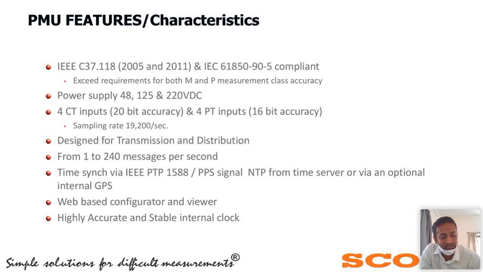But in future, at 60 frames per second, what happens is that in between you miss some fraction of microseconds or nanoseconds of data. Suppose one sample is at 1 second and another sample is at 2 seconds, the samples between 1 and 2 seconds are missing. In that fraction of a second there may be a spike in the wave that we miss. So you can increase it, but when you increase the frames per second, your congestion increases, and the data sending capacity or bandwidth required increases accordingly.